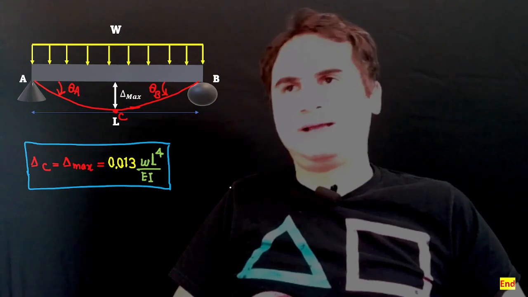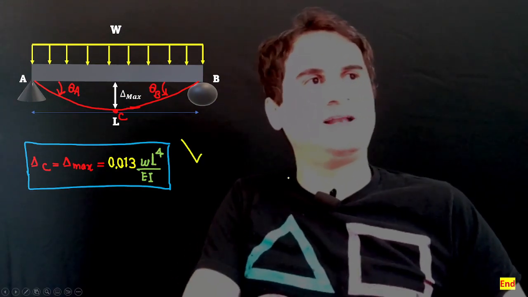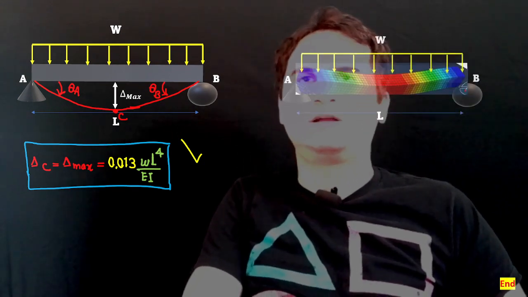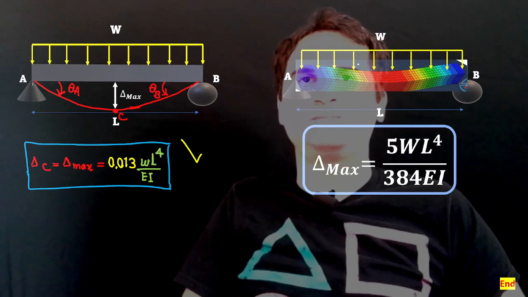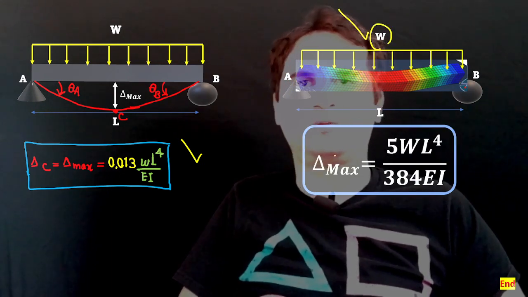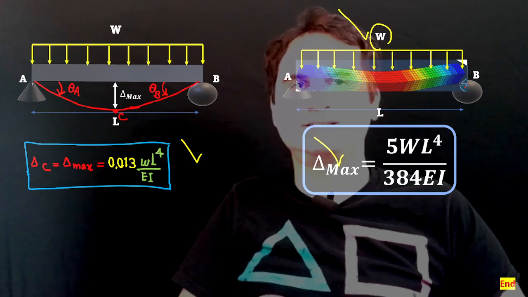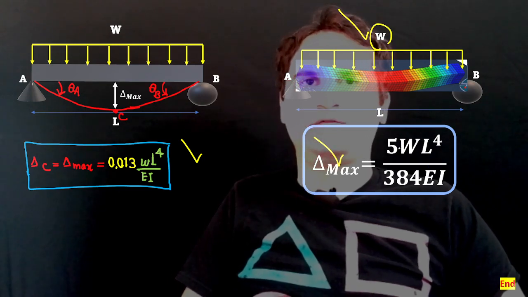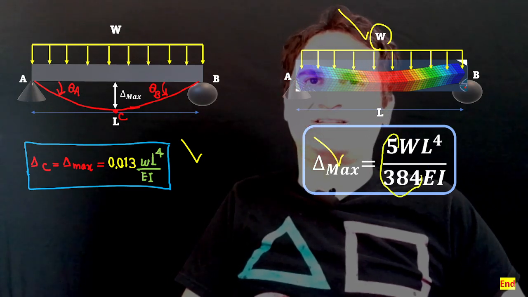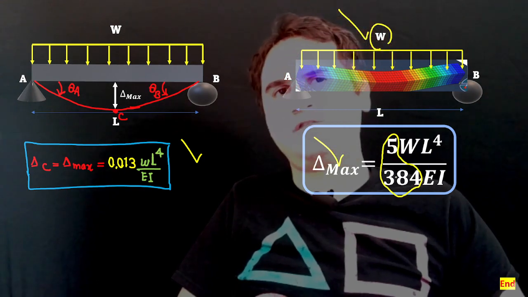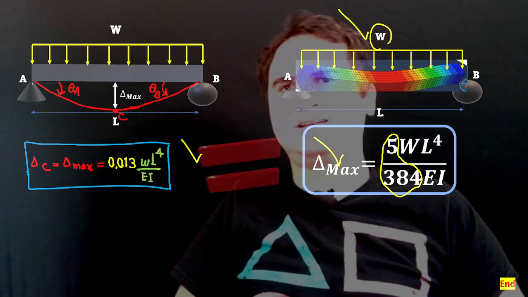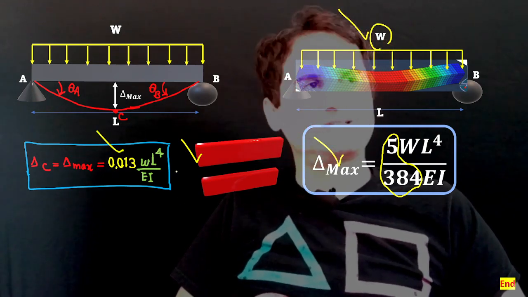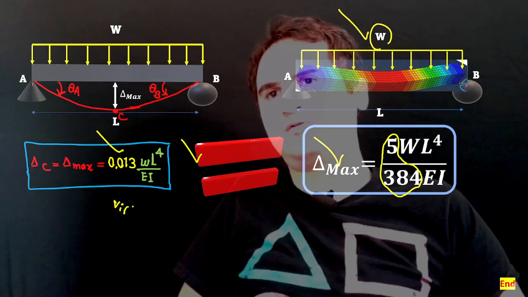And if you look at the problem and the solution based off what we had in mechanics of solids, again solution 1 and 2, which I will provide you with, it simply says if you have a simply supported beam with a distributed load of W, delta at the center, delta max, is equal to 5 WL to the fourth over 384 EI. Just divide 5 by 384 EI, you can get almost the same numeric value. So if these two are the same, we get the same answer from virtual work